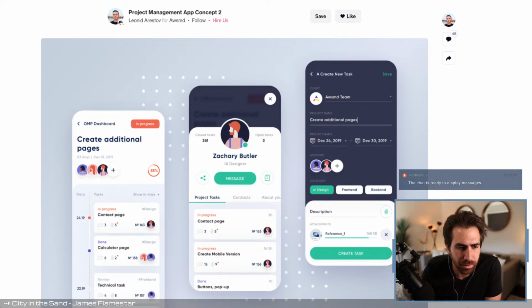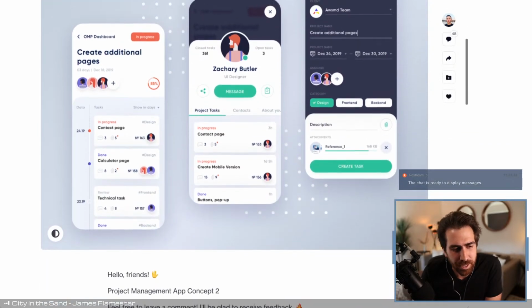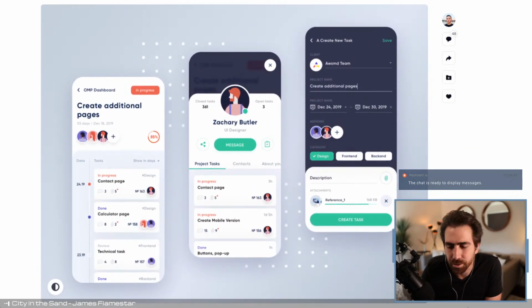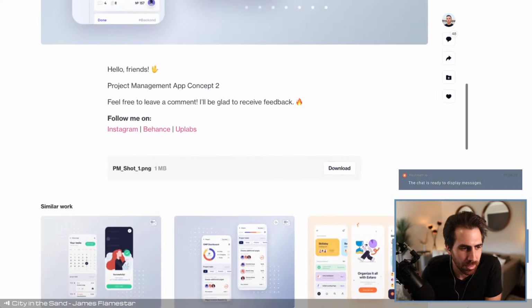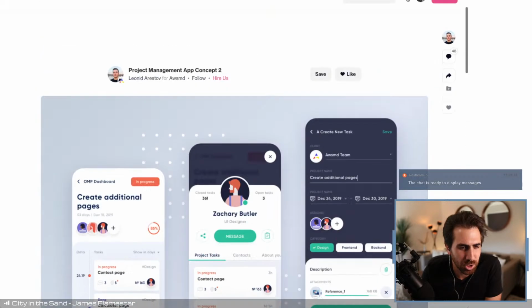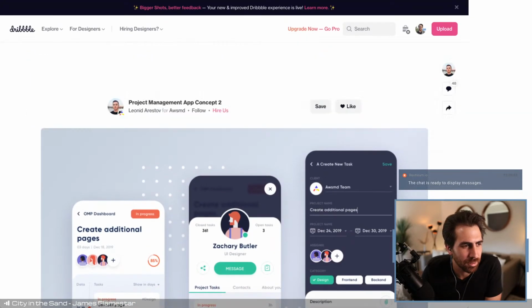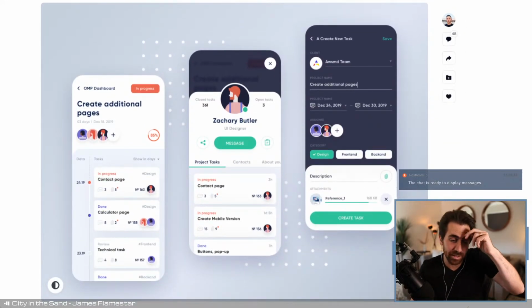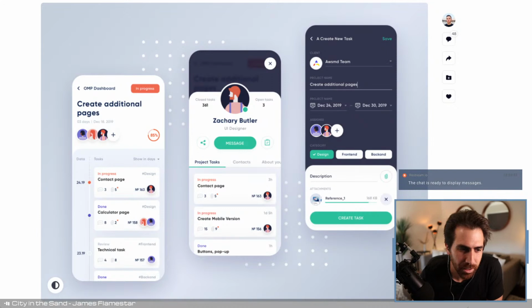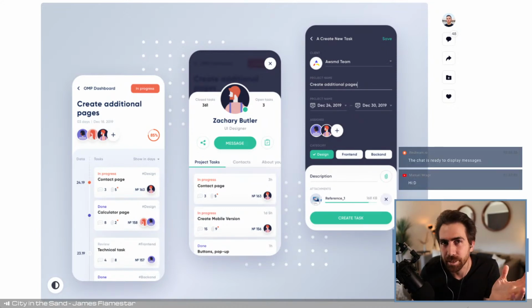There might be a lot of animations in it, but this particular Dribbble shot, I think that's what they call it, doesn't have those. There's not a ton of specced out animation here, but it does represent what I think of